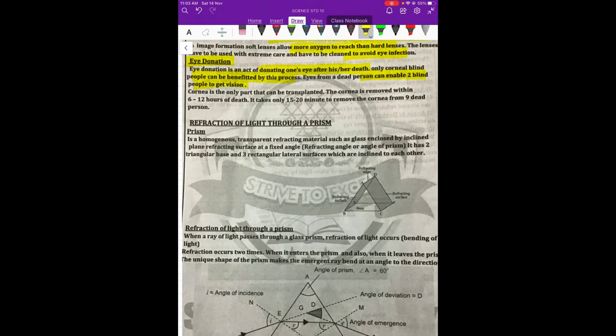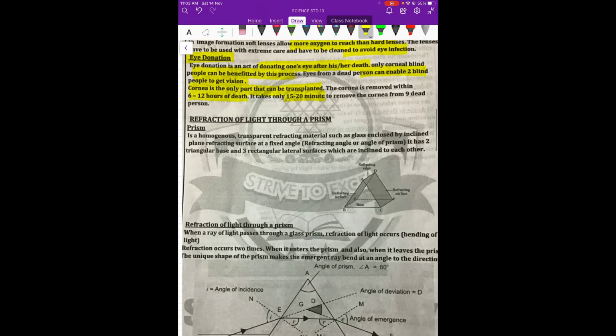The cornea is the only part to be transplanted, and within 6 to 12 hours it has to be removed when the person is dead. It does not disfigure your face. There are some myths about it. It does not disfigure, and it takes only 15 to 20 minutes for an expert to remove the cornea from the dead person. So these were all the